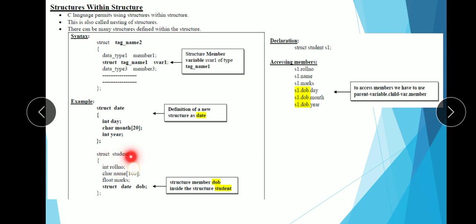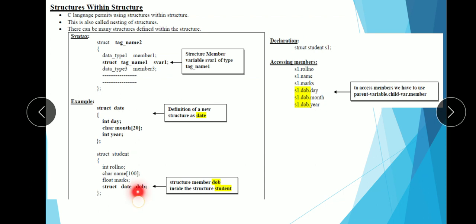Now I have my regular structure called student. Here one additional information is provided inside this student structure, that is we have to enter the date of birth of a particular student. I have to include the date of birth. We know that date of birth contains day, then month and year. It means that we have to use this particular structure as the member, correct?